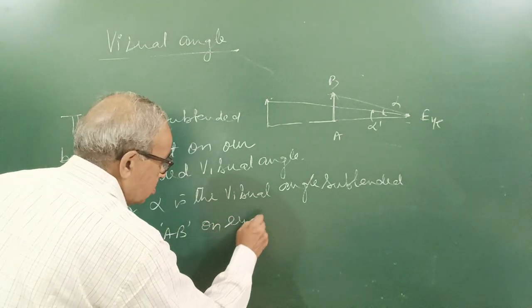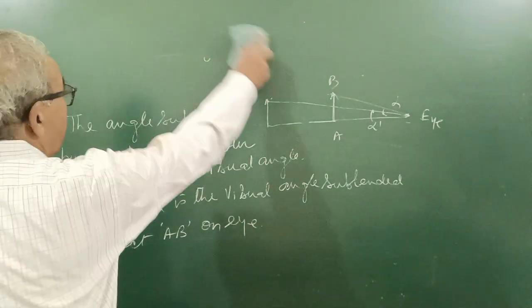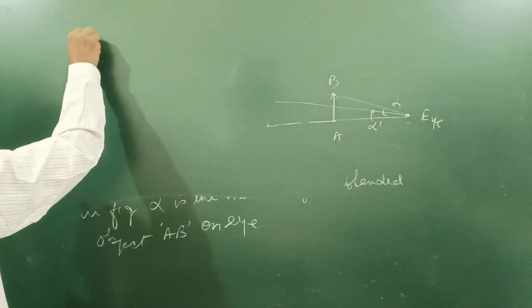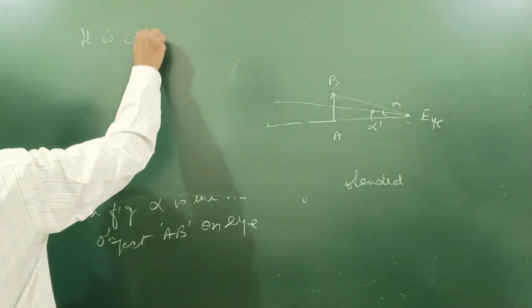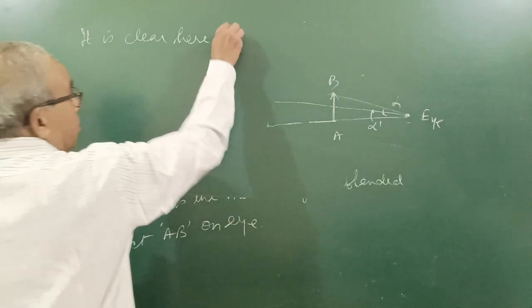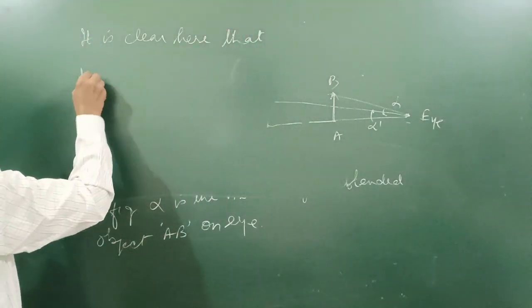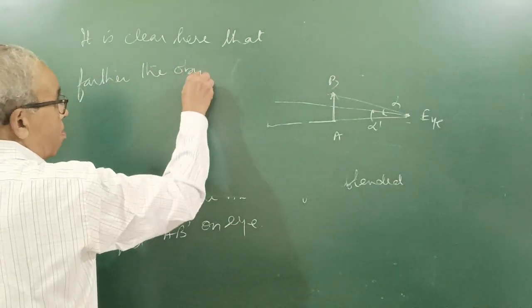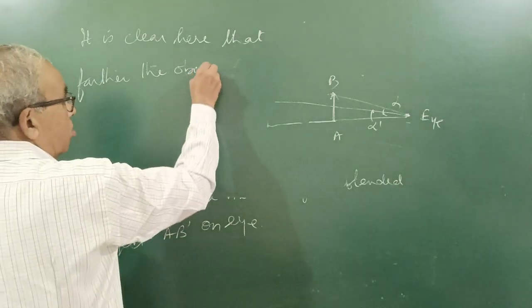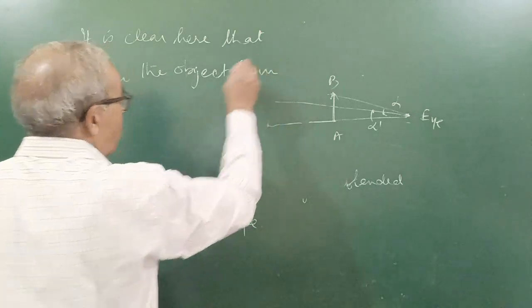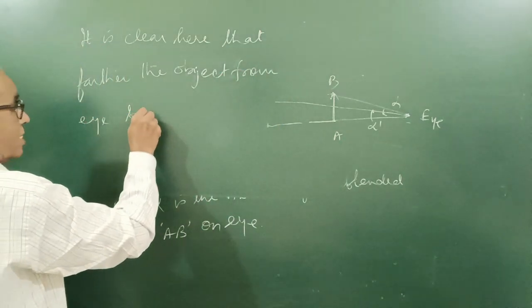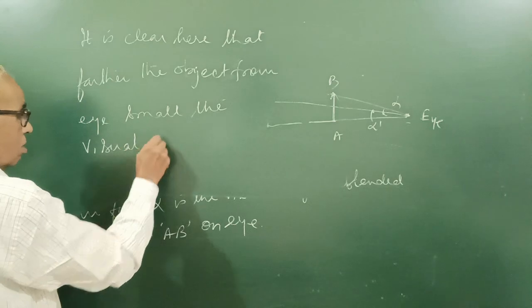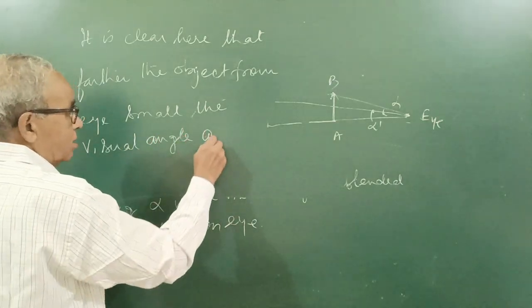And it is clear here that the farther the object from the eye, the smaller is the visual angle,